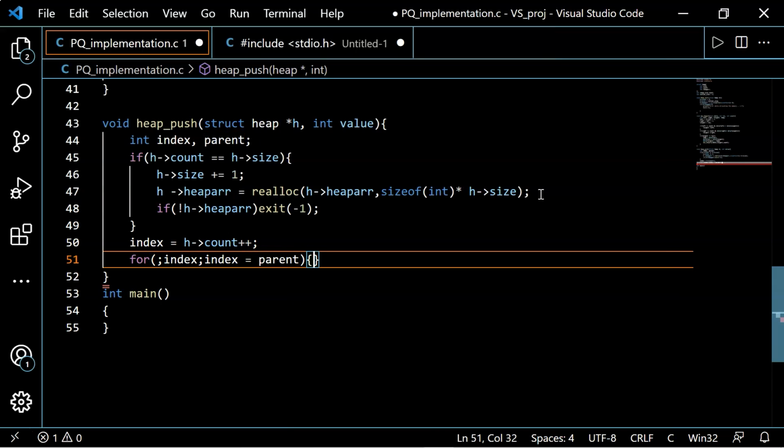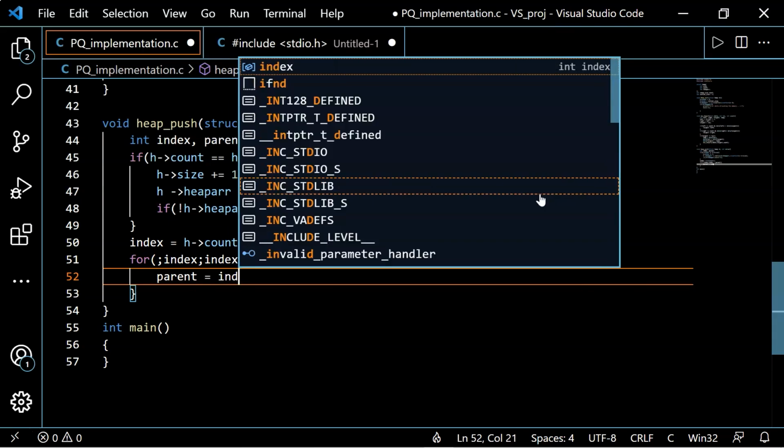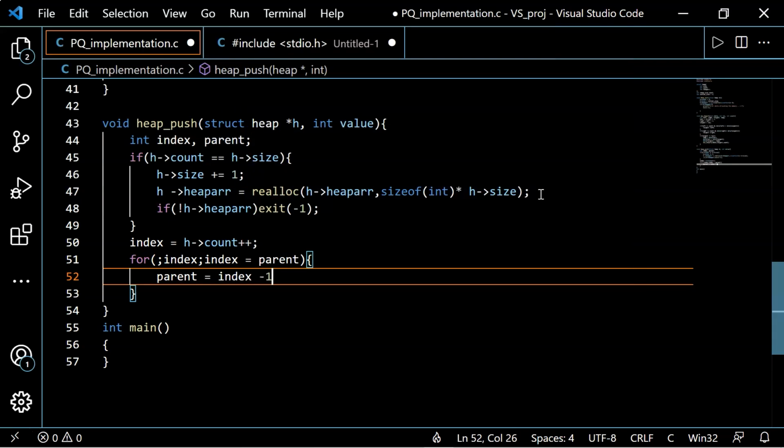And inside this loop, we'll make the parent node equal to (index - 1) / 2. This is nothing but the formula that we have discussed in the previous part.